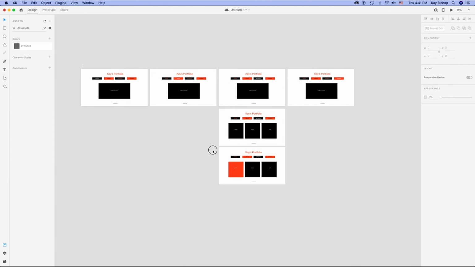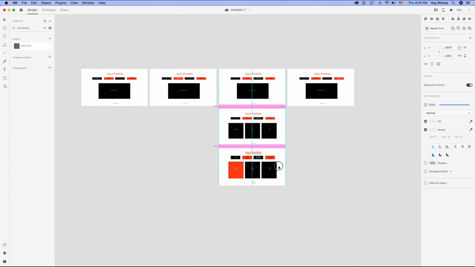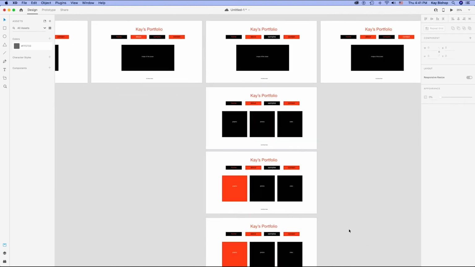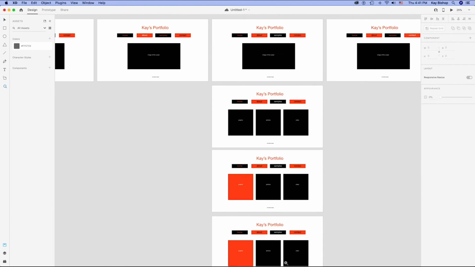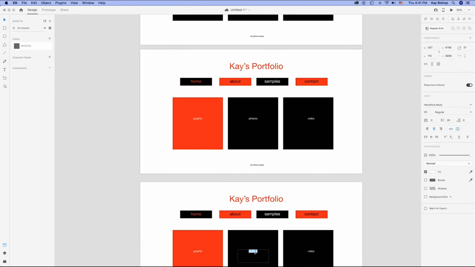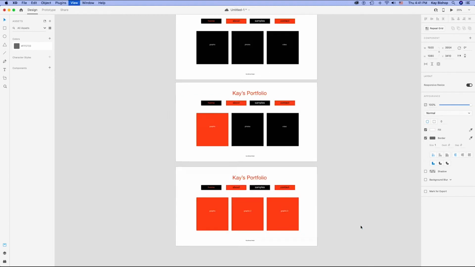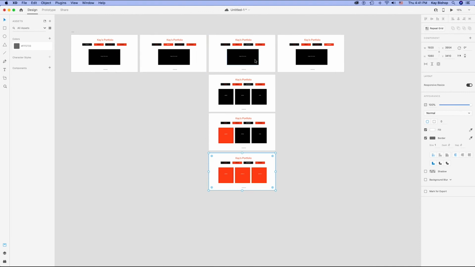So if I were to click on this graphic page, then that may take me to another child page where I have samples of graphics. So then here, I'm going to zoom in on this page. I may have 3 graphic design samples: graphic 1, graphic 2, graphic 3. So you can just see I'm adding pages, and I want to see how this is all going to work